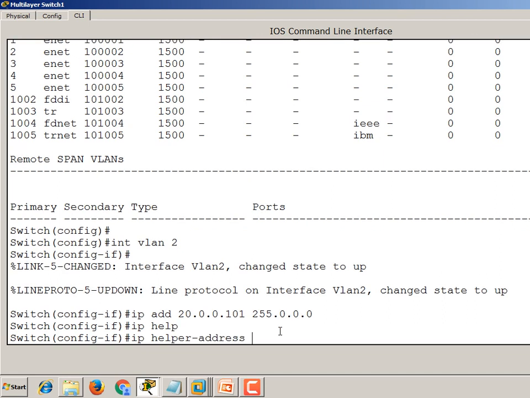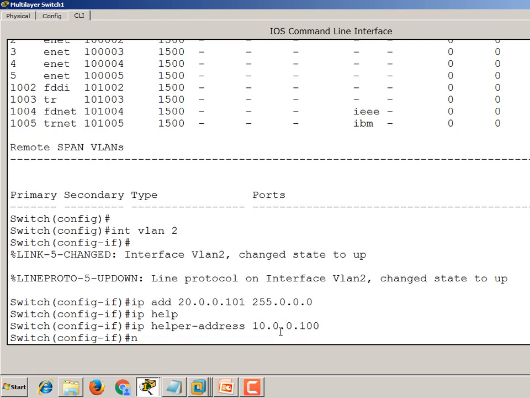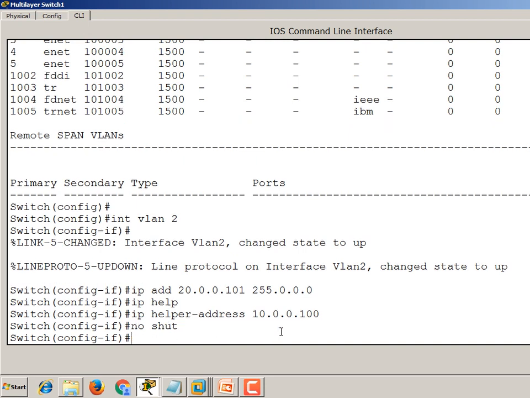This is the most important command, which allows a particular scope to pull the information from the DHCP server. Here we have to provide the DHCP server IP, ip helper-address 10.0.0.100. No shut.